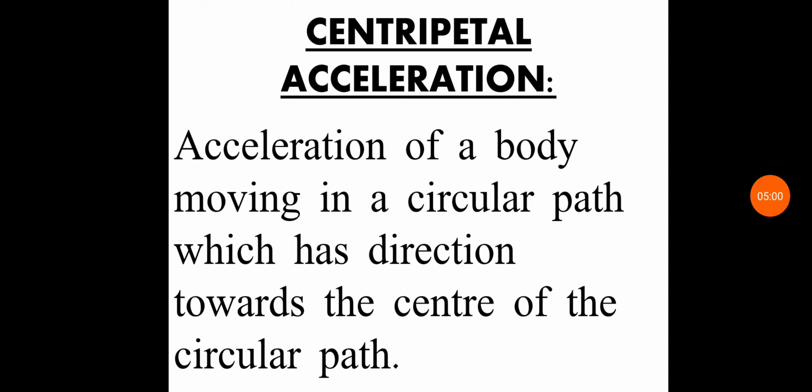Now our next topic is centripetal acceleration. Acceleration can be produced in a body either by increasing or decreasing the magnitude of velocity, which is called speed, or by changing the direction of velocity. When an object moves in a circle, it continuously changes its direction. This means that the object moves at a tangent to the circular path in which it travels. So the velocity vector is also directed along the tangent. We can demonstrate this with a simple experiment.